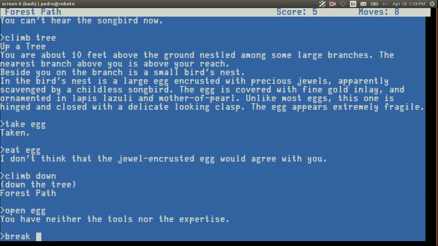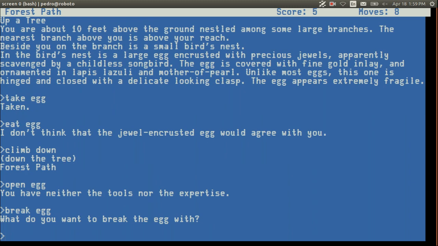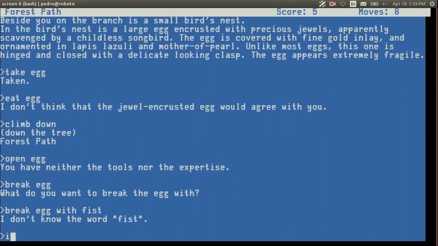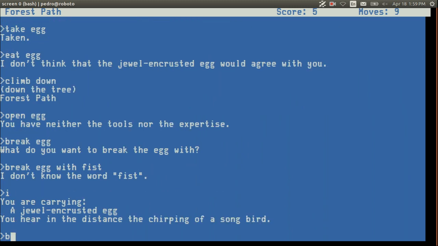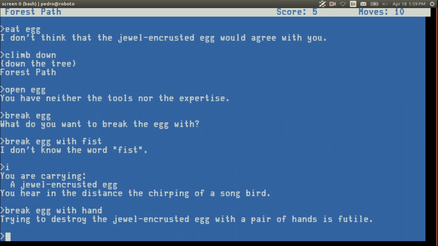All those in favor of breaking the egg, raise your hand. Let's do it. Those who don't want to break the egg, raise your hand. I guess the breakers win. Smash the work of art. Fist. Inventory. Throw the egg. Just drop egg. Yeah, drop it. We're in a tree. I think we should try to give it to that songbird.